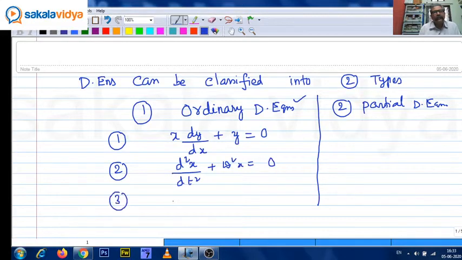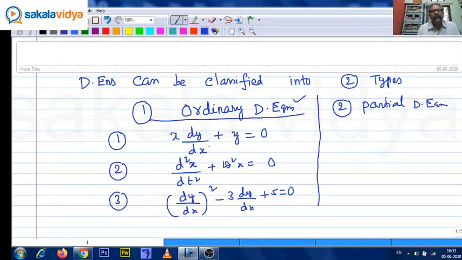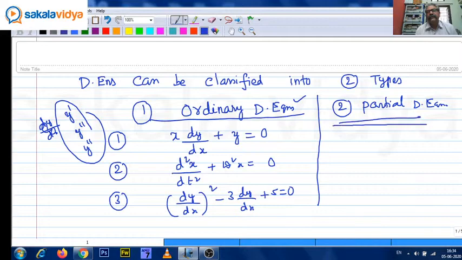And next, (dy by dx) whole square minus 3 dy by dx plus 5 equals 0. So that means in ordinary differential equations, ordinary differential coefficients will be present, dy by dx. Sometimes we also see y dash, y double dash, y triple dash. But here, partial differentiations